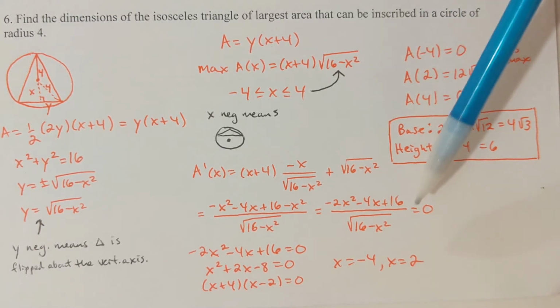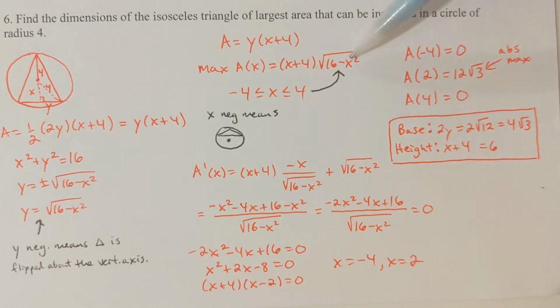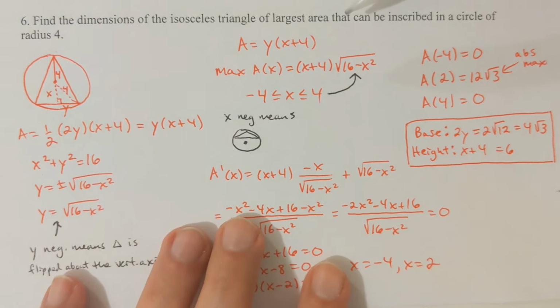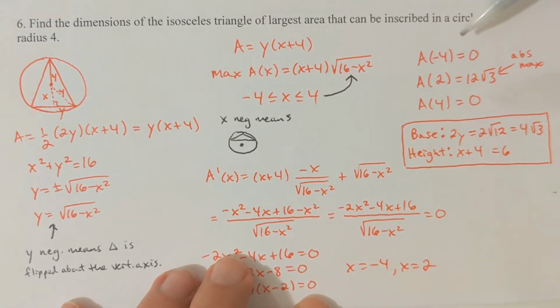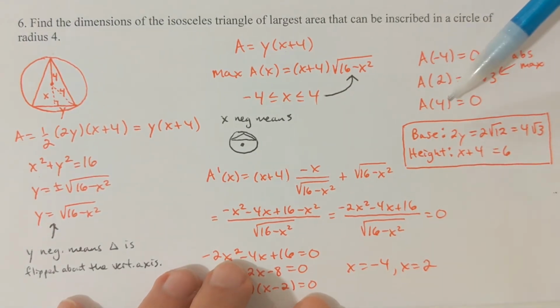And if you plug in negative 4 into the function, you're going to get 0. And that would make sense, right? Because if x was negative 4, I mentioned earlier, you'll just have a point at the top of the circle. You're not actually building a triangle. So the area of that triangle would be 0, right? If x is 4,